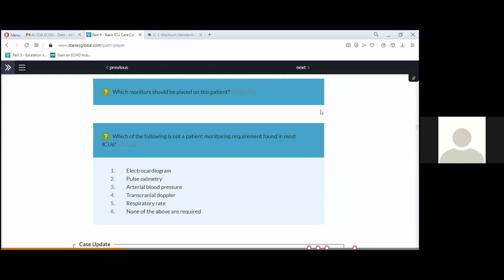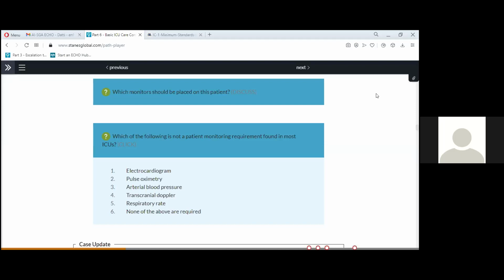So responses are already coming in. Some are indicating number 6, which is saying none of the above are required. Some responses are number 4, transcranial Doppler. Okay, so I think for me, the essential phrase there is saying most ICUs. So which of the following is not a patient monitoring requirement